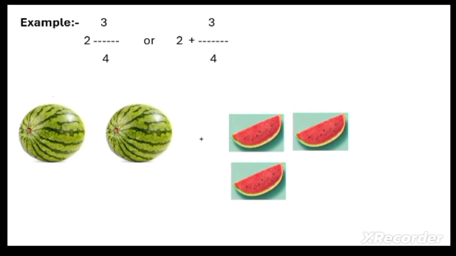Okay, now let us take another example. Now we are taking an example of an improper fraction. Okay, in an improper fraction the value of the numerator is greater than the value of the denominator. Okay, now in order to understand the improper fractions, it is necessary to divide the numerator by the denominator. The numerator is 7 and the denominator is 6.